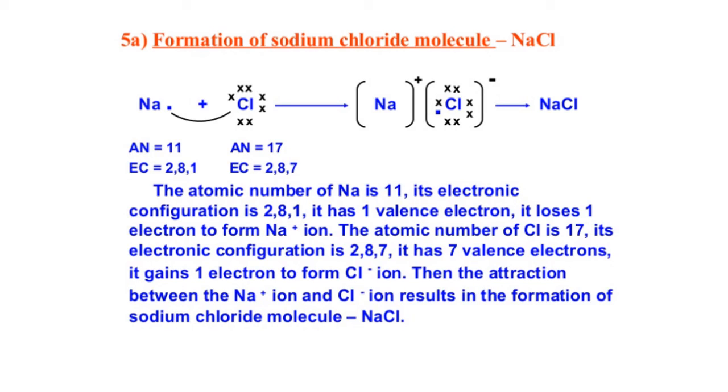To represent it diagrammatically, sodium is losing one electron. That one electron is given to chlorine. Now sodium becomes a positively charged ion because it has lost one electron, and chlorine becomes a negatively charged ion that gains one electron. There is an electrostatic bond between both of them, and this attraction between the sodium ion and chloride ion results in the formation of an electrovalent or ionic compound called sodium chloride. We have learned about it in the lower classes also, especially in the 9th standard.